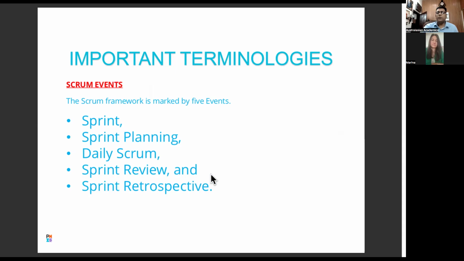Then sprint review, what we did, and retrospective: what we did right, what we did wrong, and what we can learn from moving on to the next sprint. What we need to carry forward. Are you with me? Makes sense? Yes. We'll dig deeper, but these are the four events in Agile or Scrum that you need to remember.